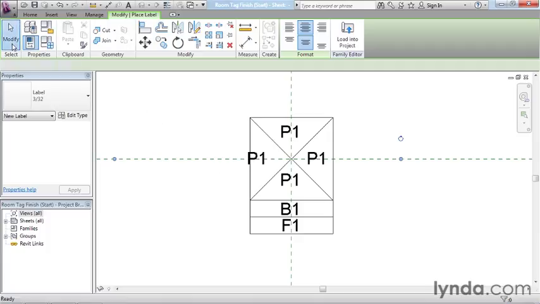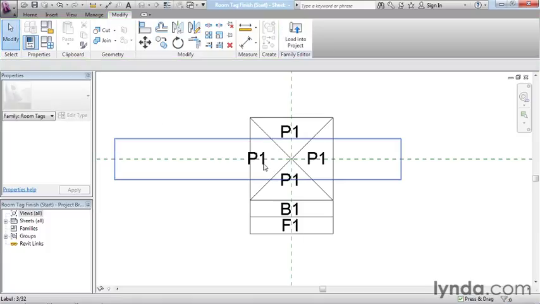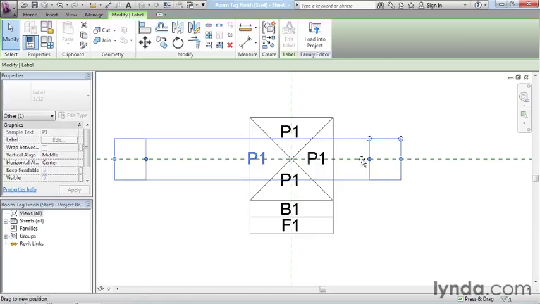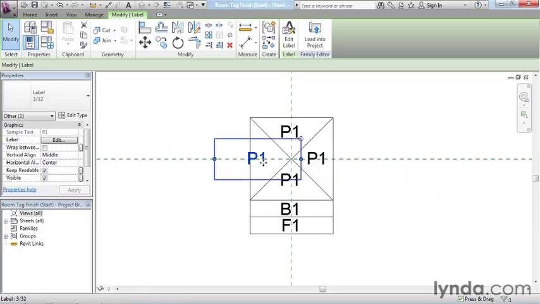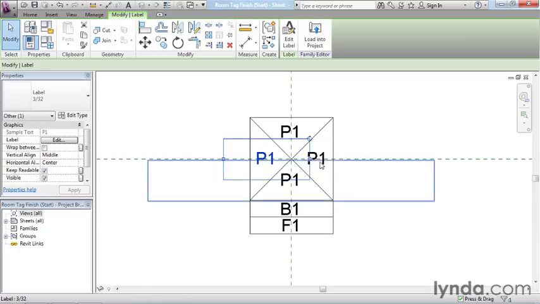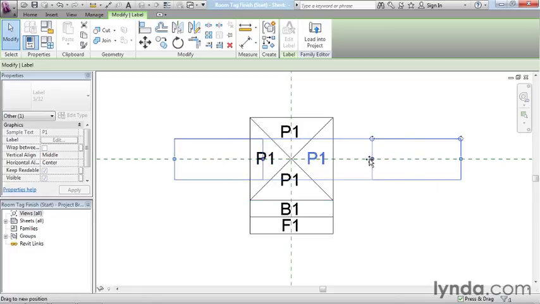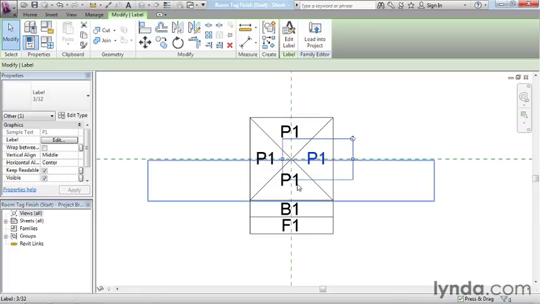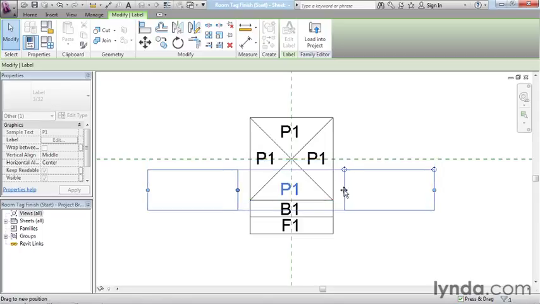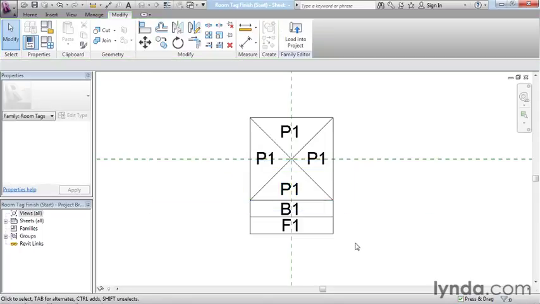Now once I've defined the 4 parameters and added them roughly to the correct spots, once again I can reduce the grip size here, make it a little smaller. I can position it a little bit better just to fine-tune everything. And so that completes the setup of the tag. Now I can do a save as,